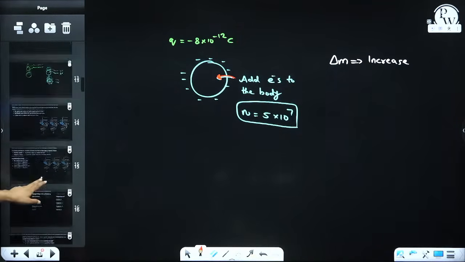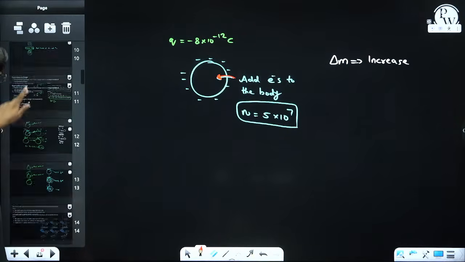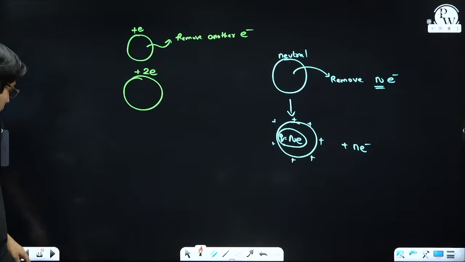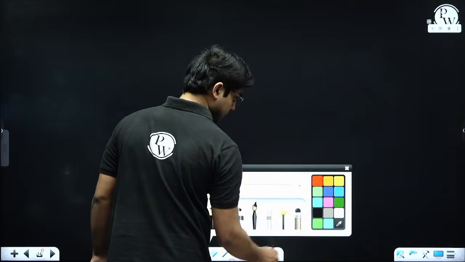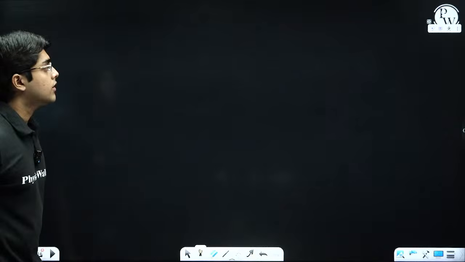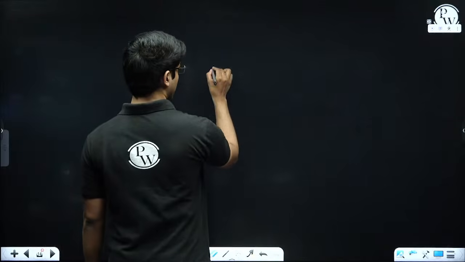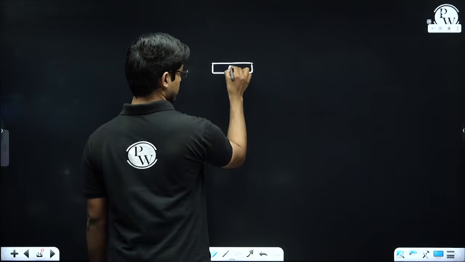Now we will talk about a certain mechanism of charging a body, which is by rubbing two objects. Then we'll discuss an experiment which is given in NCERT. So if we take any two objects which are made of different materials, material A